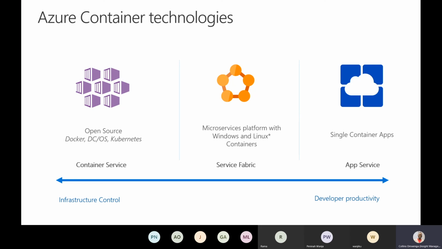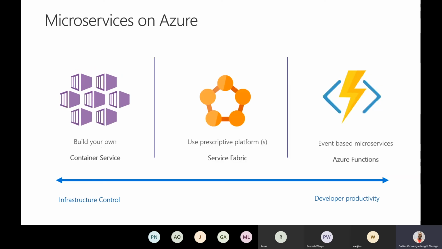So when you look at the arrow at the bottom, the question is, do you need infrastructure control, or do you want developer productivity? This is very important, an important decision to make, because in most scenarios, when you're looking at infrastructure control, you need resources that have some level of understanding around networking, solutions deployment, and management of the operating system that supports your applications and things like that. But when you move to the right side, when you're talking about App Services, most of these activities are managed for you through Azure.